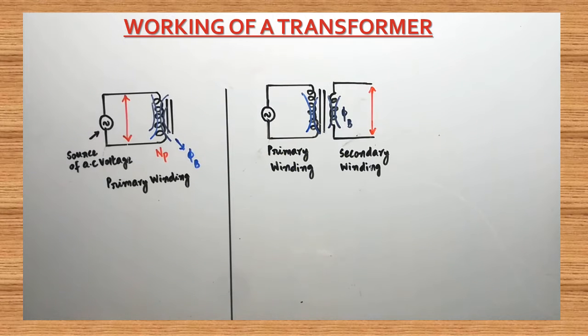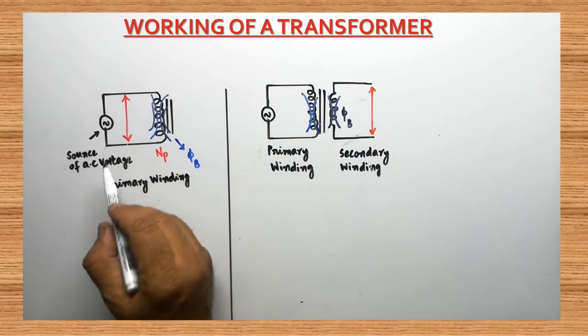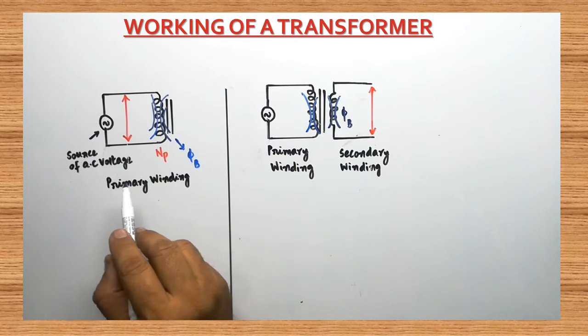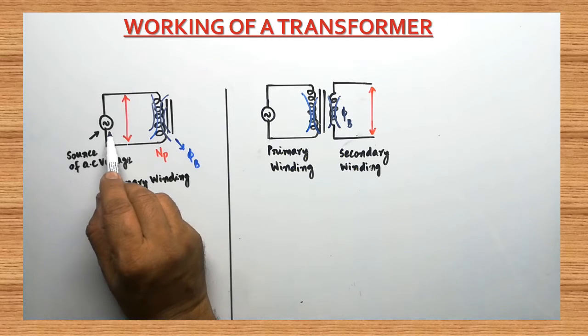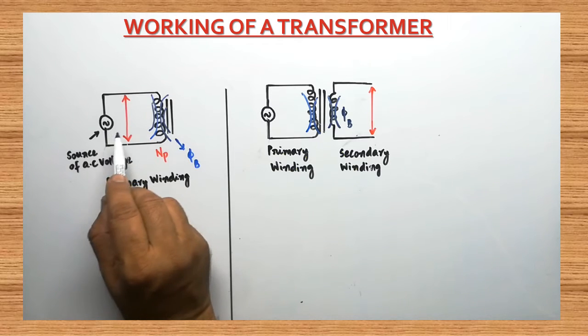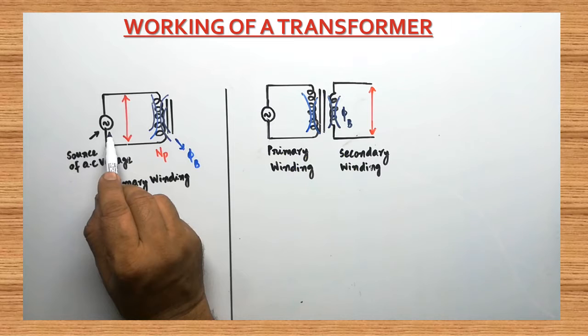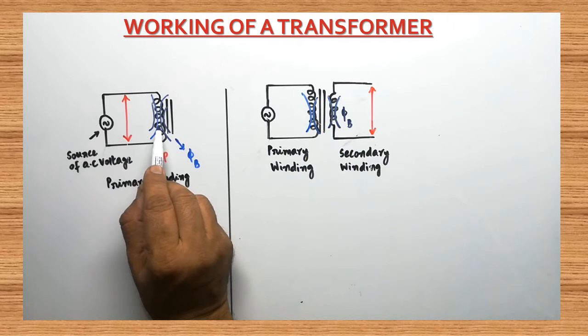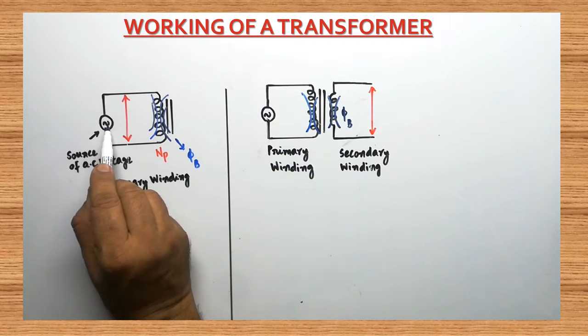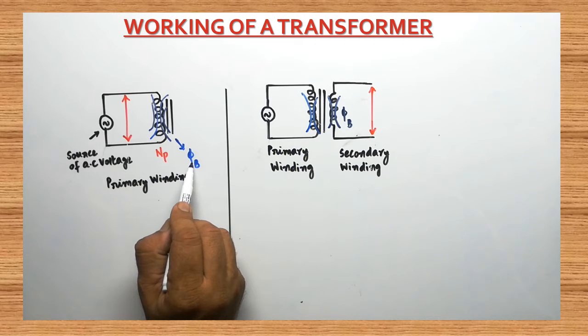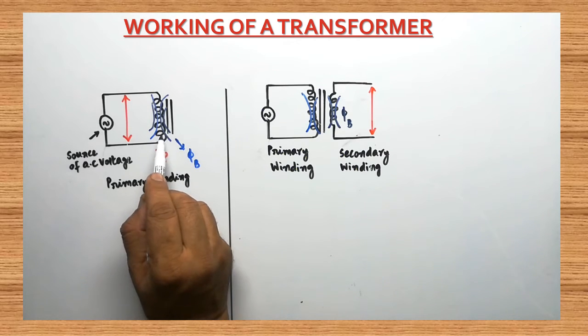Now we are going to see the working of the transformer. We have to concentrate only on the primary winding. Look here. Across the two ends of the primary winding, the source of alternating voltage is connected. So from the source, which kind of current is supplied here? It's a varying current. When current varies, the magnetic flux which is linked with the coil will also change. The magnetic flux linked with the coil can be named as phi B. Are you clear? So when current changes, this magnetic flux will also change with respect to the coil.